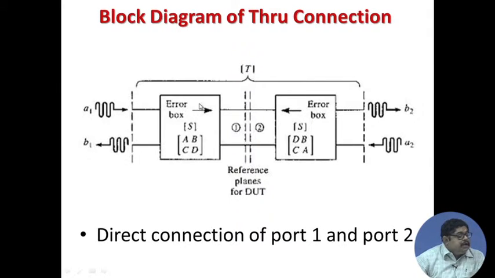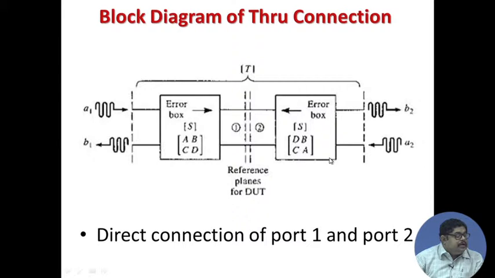There is an error box S, as we said that on both sides we have assumed the error box to be the same. Instead of S you can also have transmission parameters on both sides, and if you call this side ABCD, this side you should call DBCA,